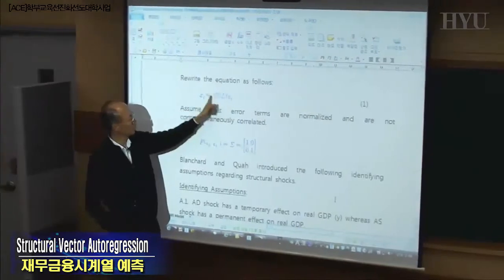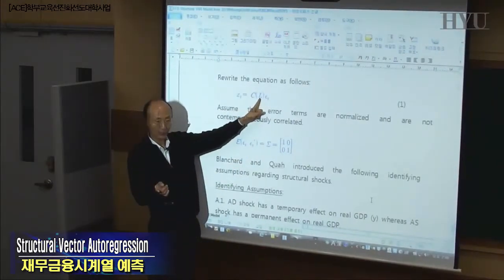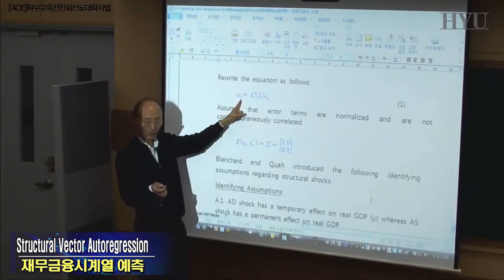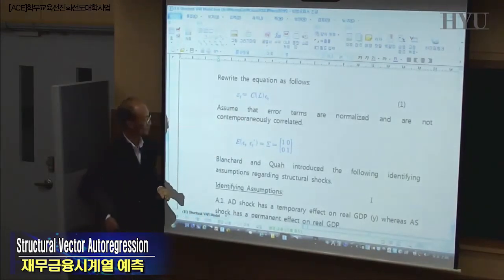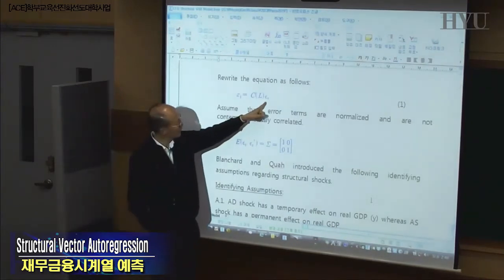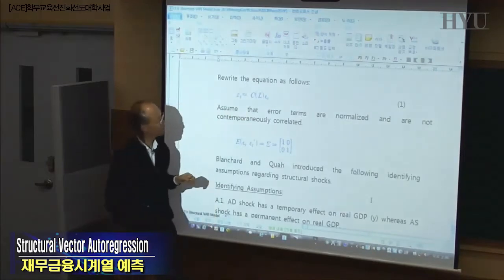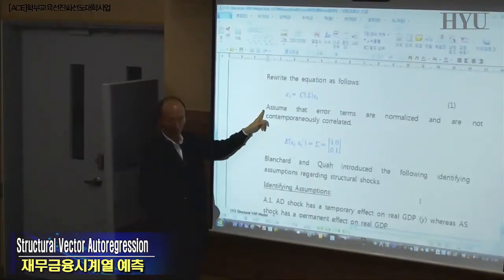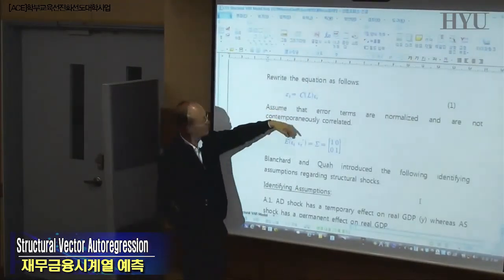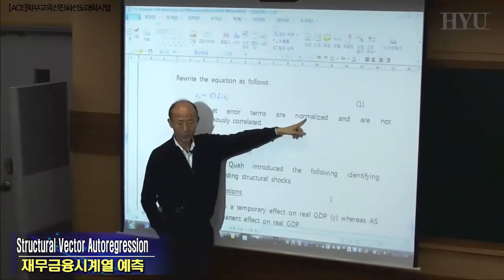So a 2 by 2 matrix of polynomial in L, and this is 2 by 1. Right? To identify this from data, the first assumption, typical assumption made is these innovations are normalized and they are